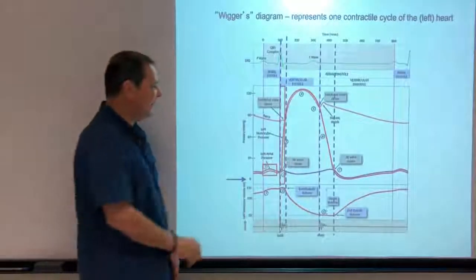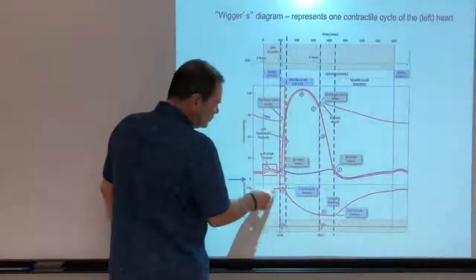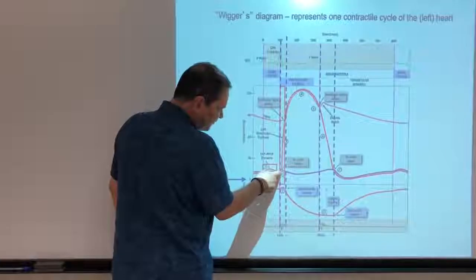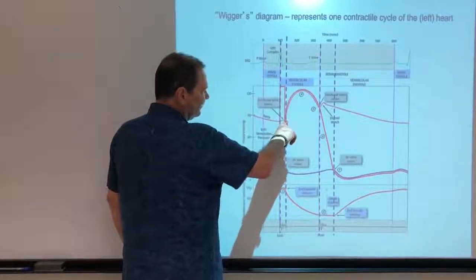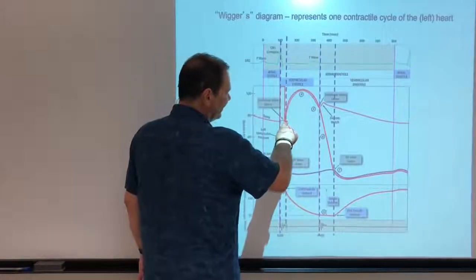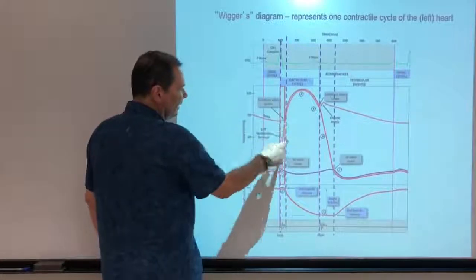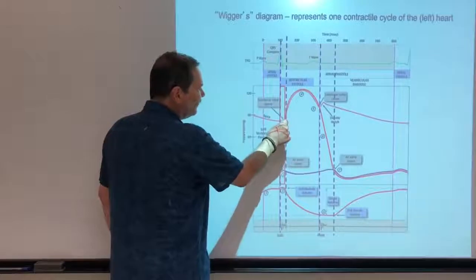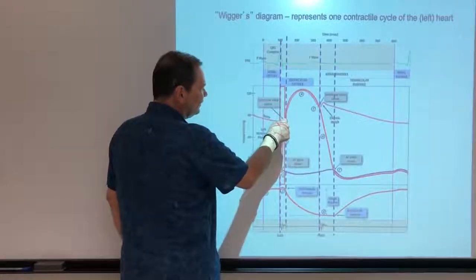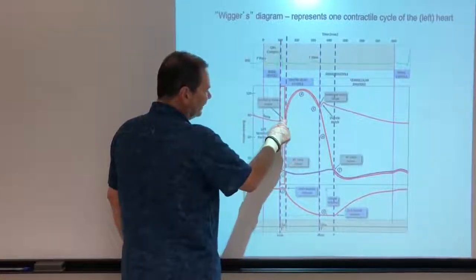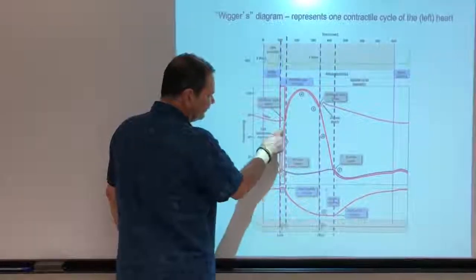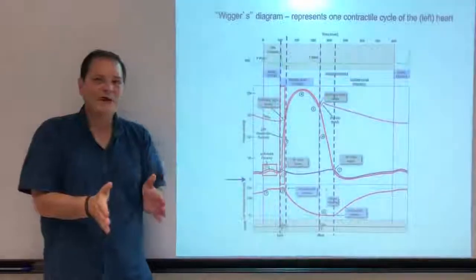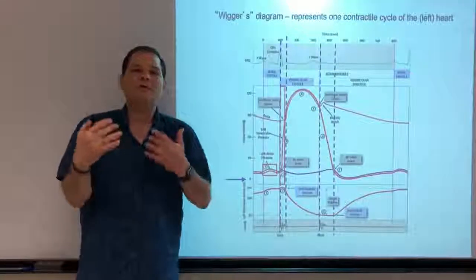All right, notice this area between the closure of the mitral valve, or the tricuspid, and the opening of the aortic valve. On the right, it would be the pulmonary valve. During this period, both valves are closed. The aortic valve is closed, it opens here, but it's closed during this period, and our mitral valve is closed during this period. So both of our valves are closed, and because both valves are closed, we know the volume